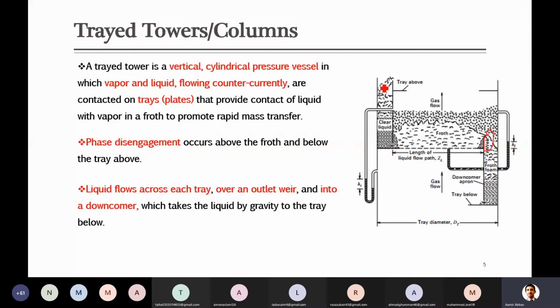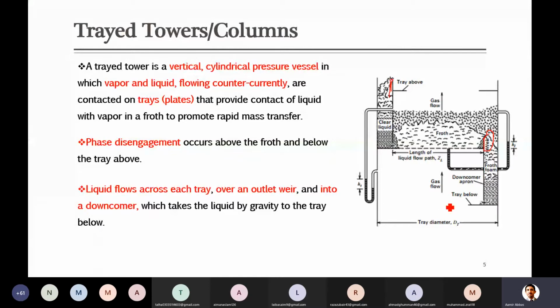Next, on the surface of each plate there is liquid that enters from the plate above to the plate below. The liquid holds on its surface, and when it is filled up to the level of the weir, it starts moving down to the next plate. The area through which it moves down is called the downcomer. You can see here a vertical plate, and between it and the wall of the column the liquid goes down. Similarly, it comes from the top tray, reaches its weir level, and then moves down to this plate and so on.